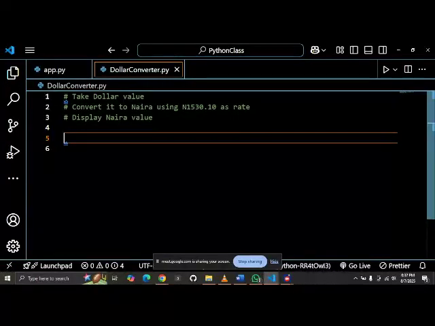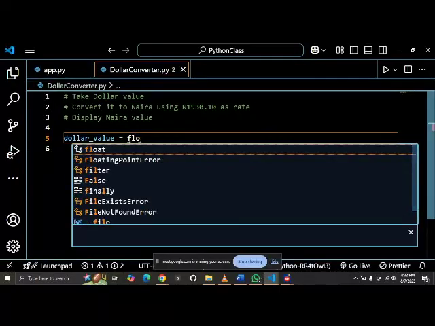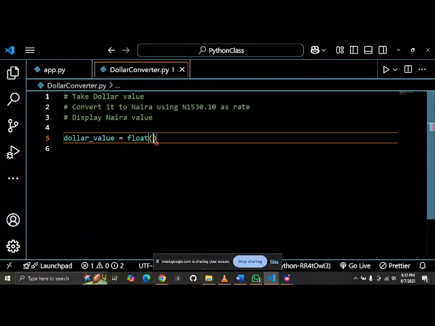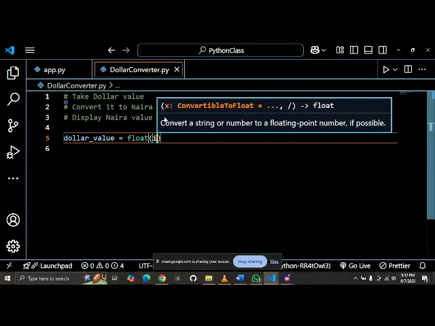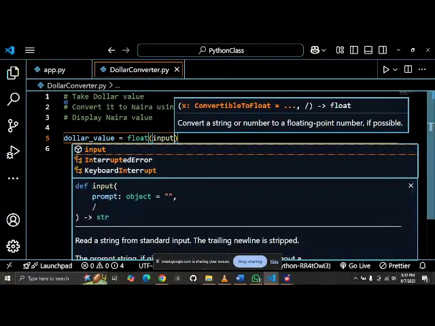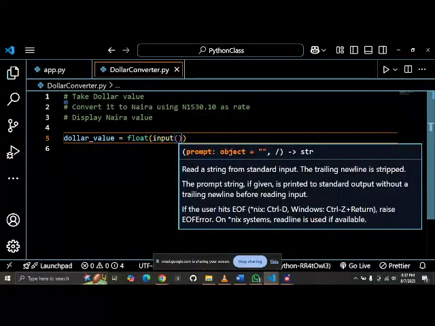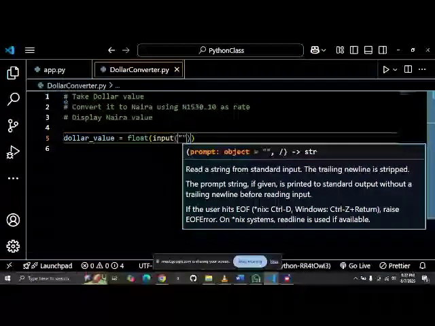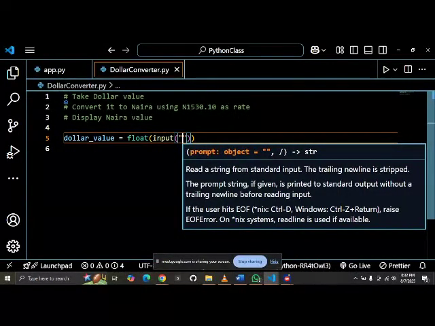So let's go and let me say create a variable dollar value, this is where I want to store it, and I know that I will definitely convert, so I will first of all call float. Inside it, my input,